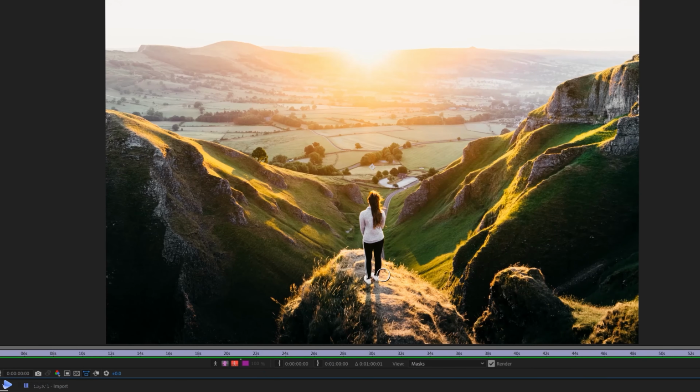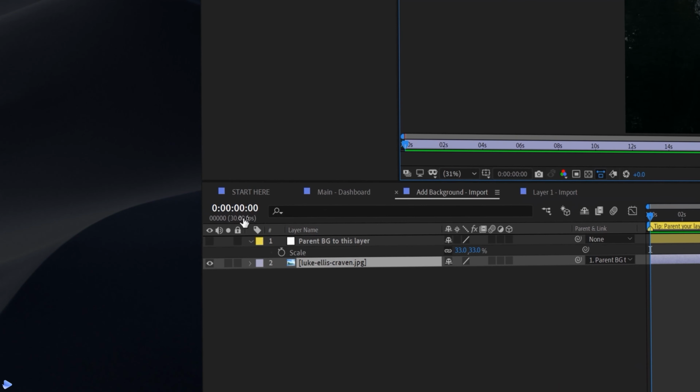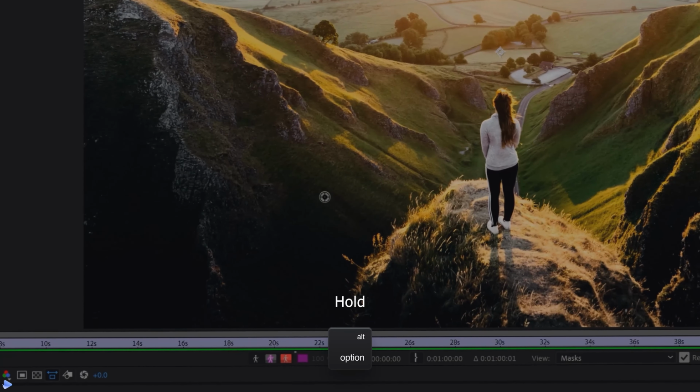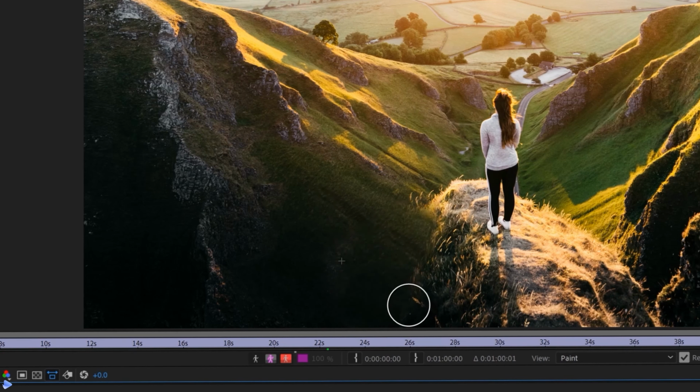Before doing anything else, it is essential that our playhead is at the very beginning, and we can double check this by just going over to here and checking that these numbers are set to 0. And then we're going to select an area that we want to use as a sample by just holding Alt. Very quickly, the way clone stamp works is just by copying areas of your image. Think of it as transplanting these areas where we're selecting our sample